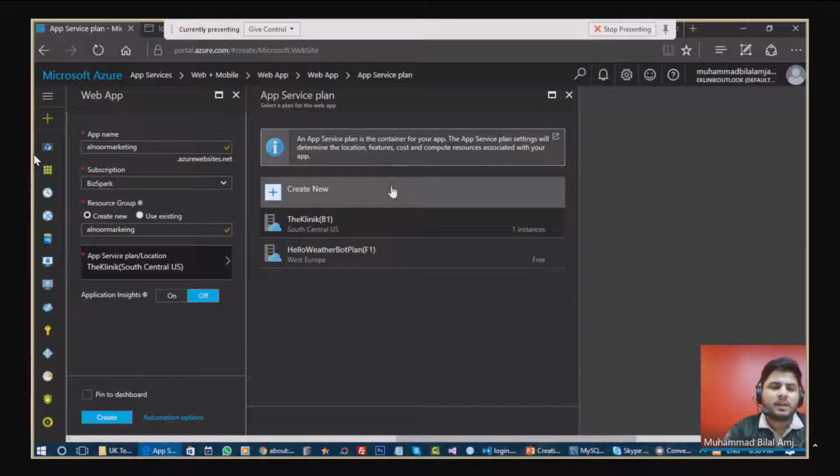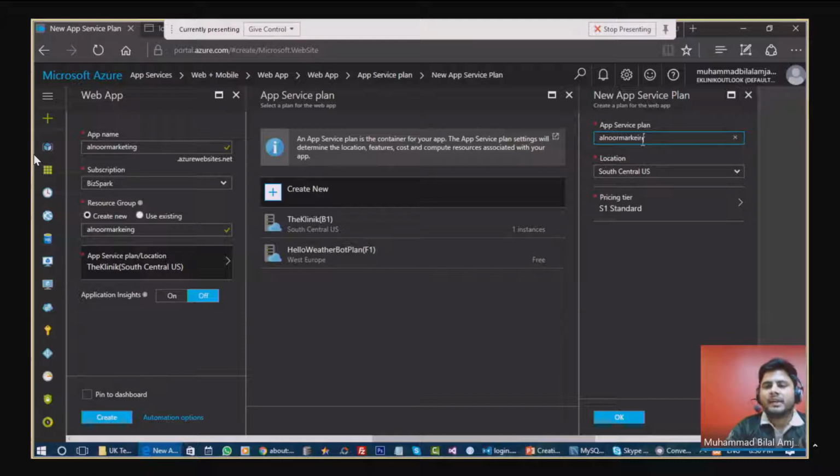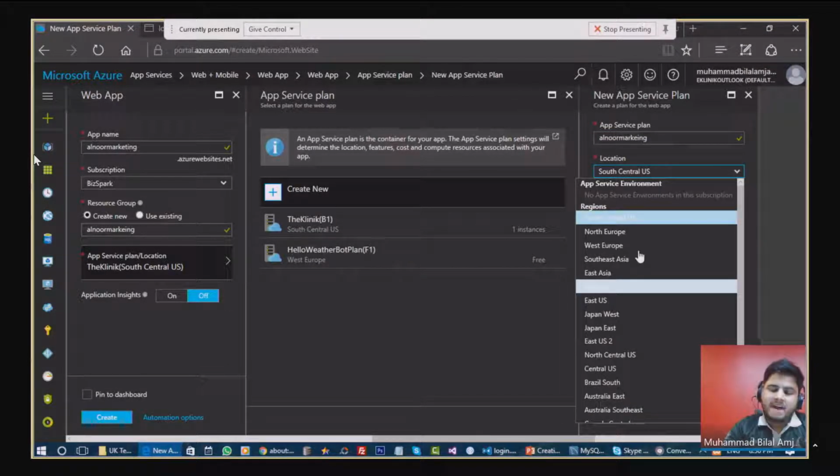So this is necessary to use while deploying your solution. You have to give a name to your app service plan. I'm using the same name so that this is easily locatable. After that, there are a lot of data centers available to you which are nearest to your location, and